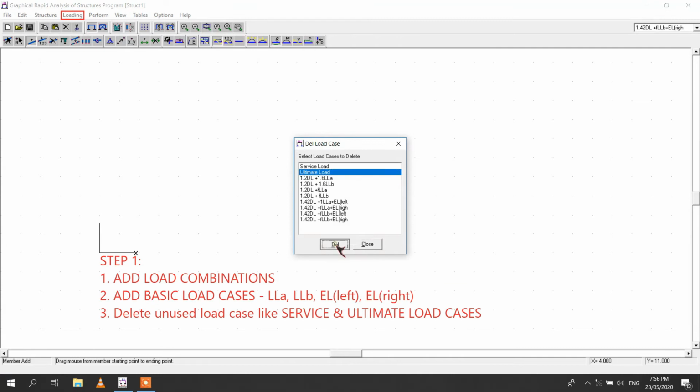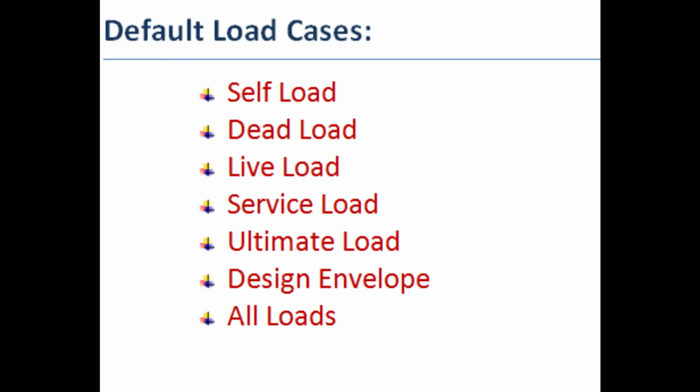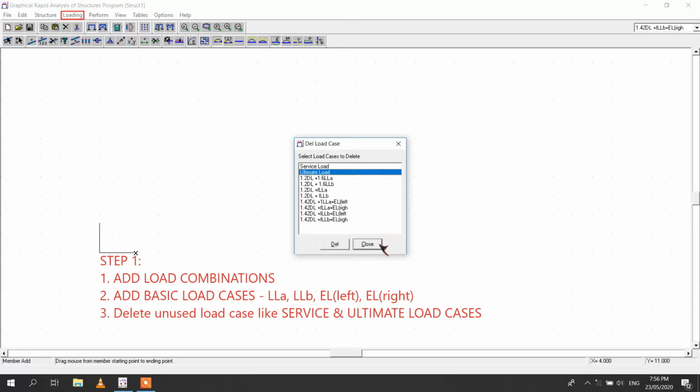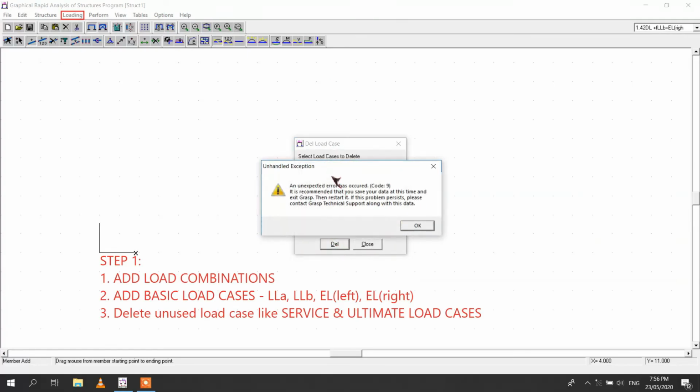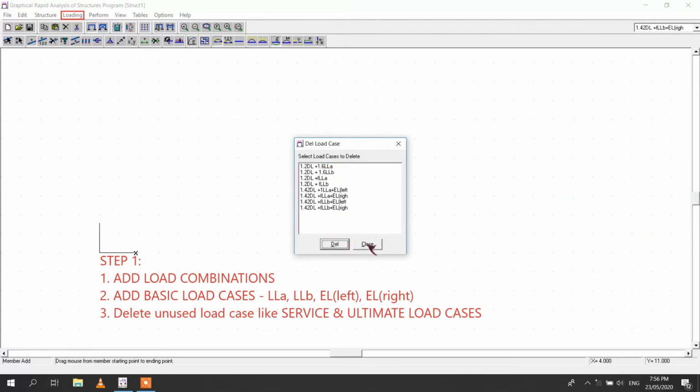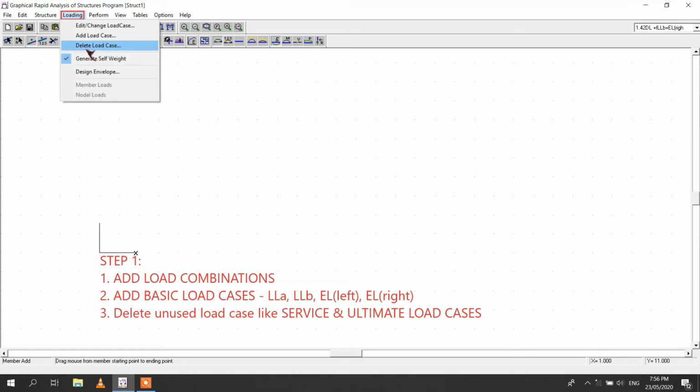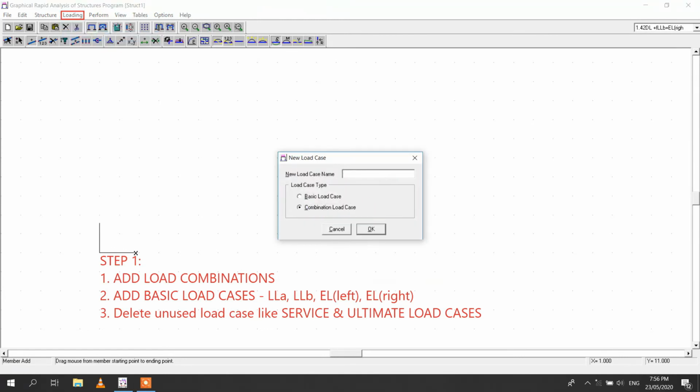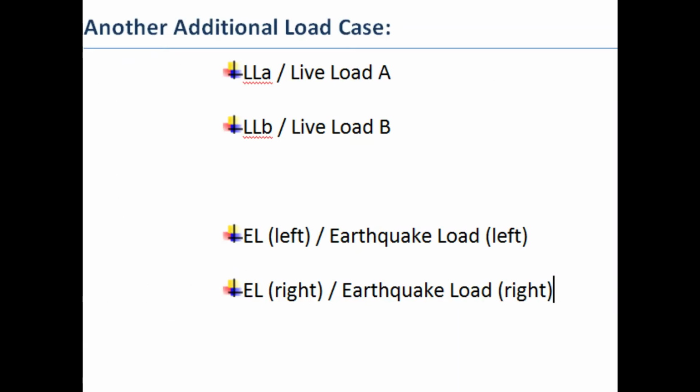These are the following default load cases in the program. After that, then add additional load like